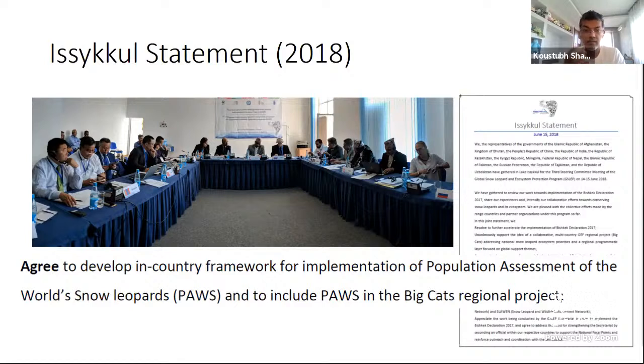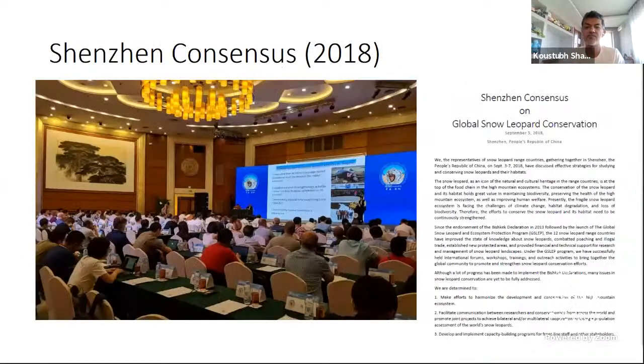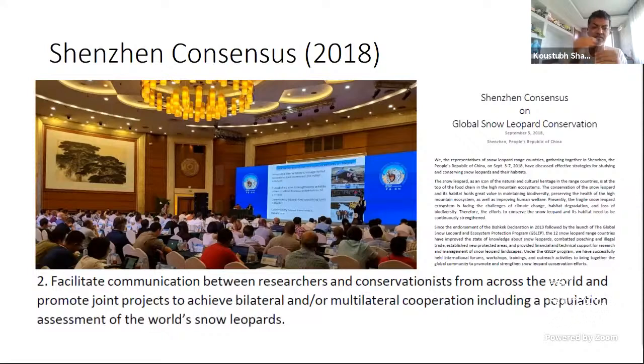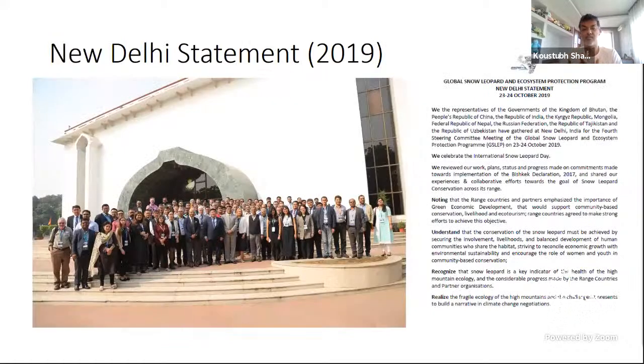And then in Shenzhen, in China, this is a meeting which opened up the space for better communication between expertise from across the world and showed the possible path for cooperations, not just at 1 or 2 levels, but at multiple levels, right from the front lines all the way till the governments and policymakers. And last year in Delhi, the updates from range countries encouraged organizations and regions to up their game. And you'll be pleasantly surprised from Justine shortly about how strong the collaborative spirit has grown under the PAWS initiative,